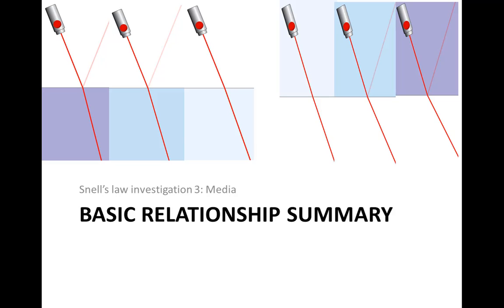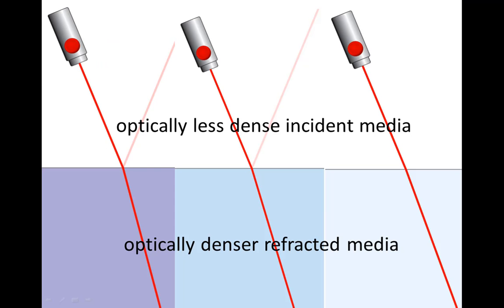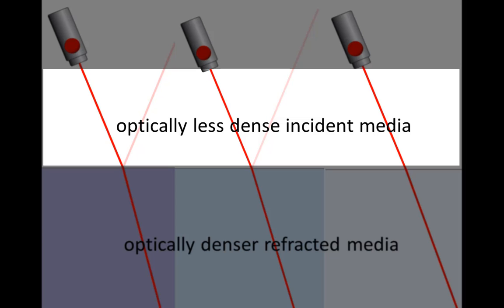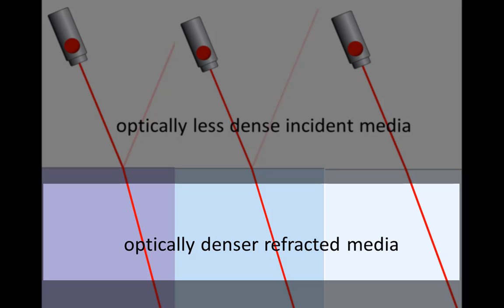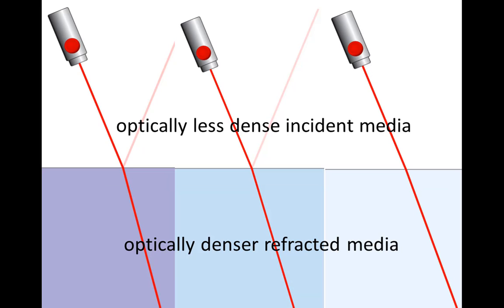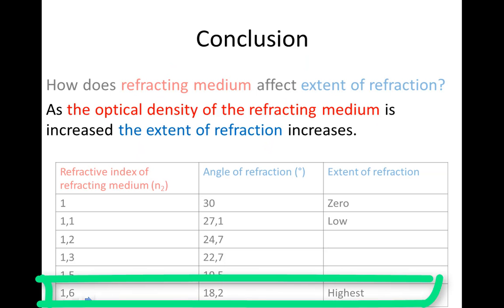Let's summarize what we've seen from our two basic investigations into the effect of media on extent of refraction. We first investigated what happens when light moves from an optically less dense to an optically denser medium, and we change how dense that receiving medium, that refracting medium, is. In all cases where light moves from an optically less dense to an optically denser medium, the light is refracted towards the normal. And we saw that the more dense that refracting medium is, the more the light is refracted,